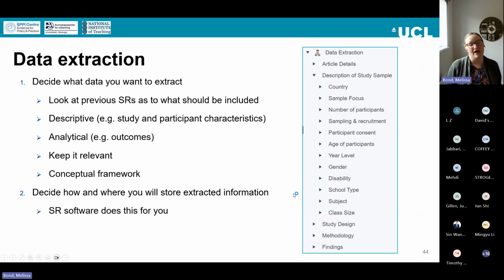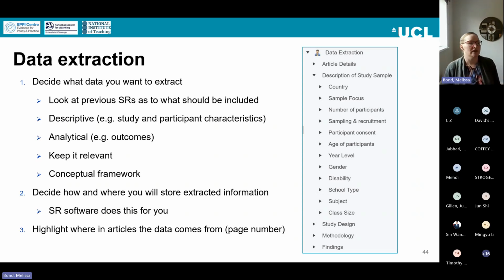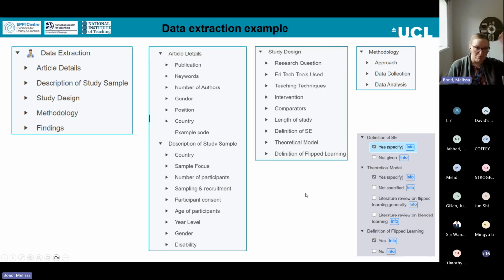And it is really important that you consider things like study design information, that you perhaps look at previous reviews that have been conducted and look at the types of data that they've also extracted, in how you can, and I've already mentioned that, in how you can construct your coding tool. It's just some more ideas of different ways that I've extracted my data.